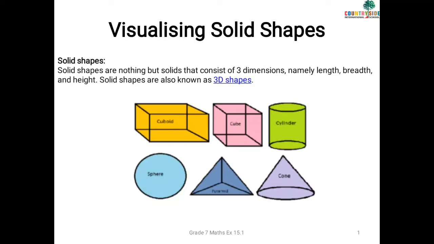Now in your daily life you might have seen all such types of shapes. For example, the birthday cap that we are wearing is a cone shape, right? The triangle Rubik's cube that we solved is a pyramid. A cricket ball is an example of a sphere. In such a manner there are various objects around us which are examples of solid shapes.